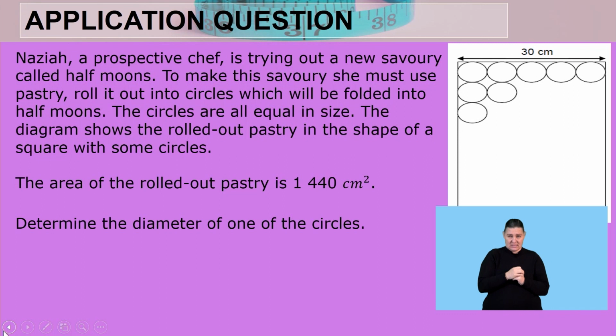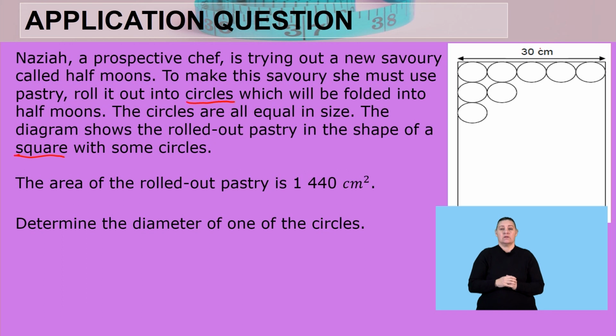Nazia, a prospective chef, is trying out a new savory called half moons. To make the savory, she must use pastry, roll it out into circles, which will be folded into half moons. The circles are all equal in size. The diagram shows the rolled out pastry in the shape of a square with some circles. So,